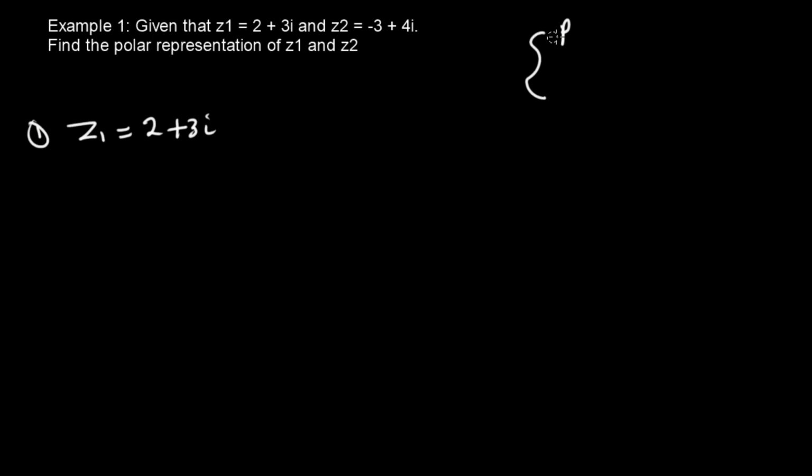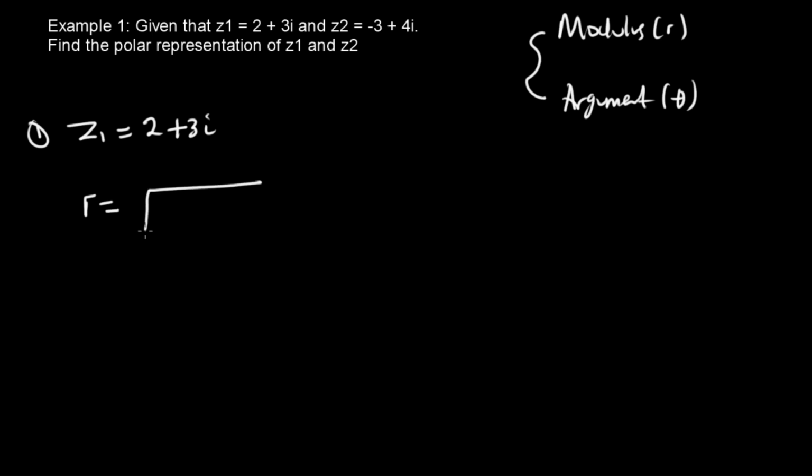Let me clean this. So that is the modulus, and that's the r, and the argument. So that's theta. So first and foremost, if you have to find the r, which is the modulus of this complex number, you're going to have r equal to, if you don't understand this concept, you can check my tutorial on the modulus of a complex number. So this is the root of 2 squared plus 3 squared,